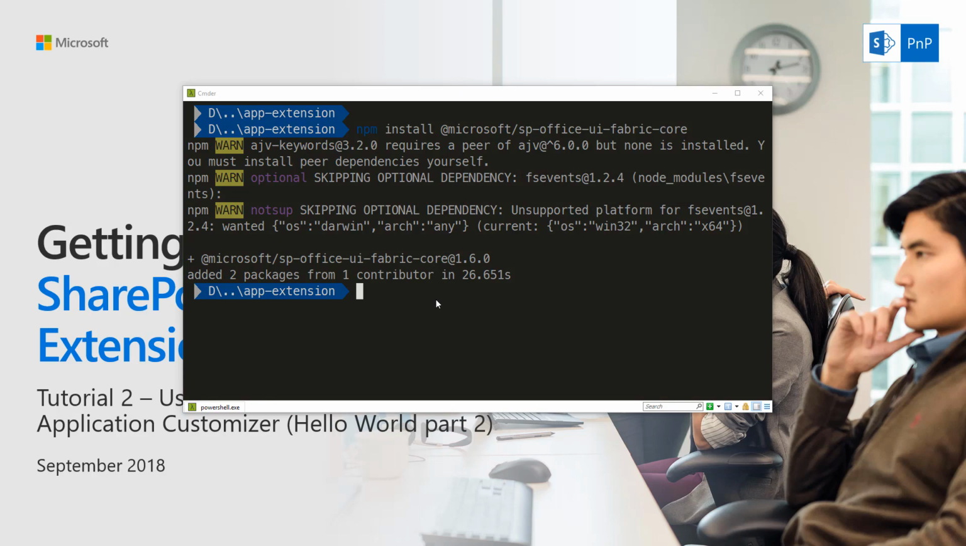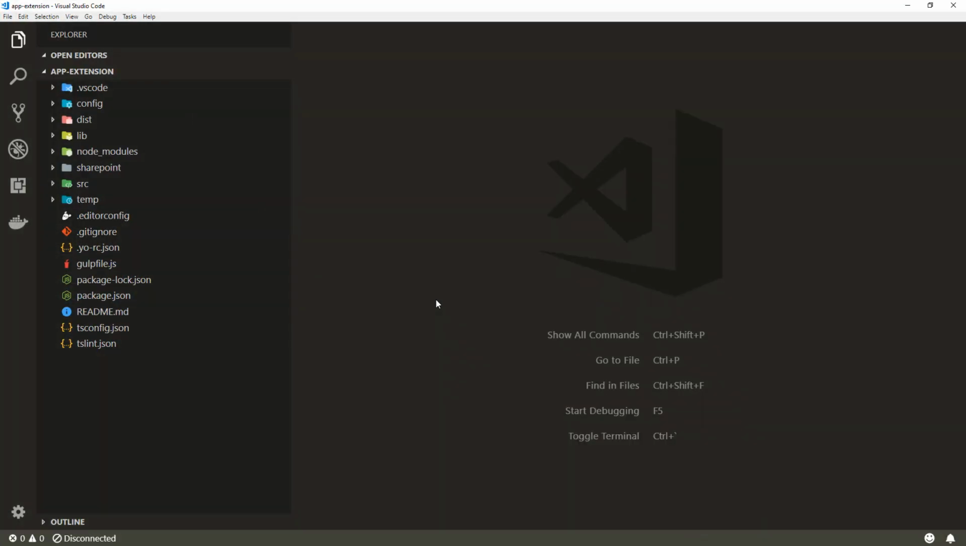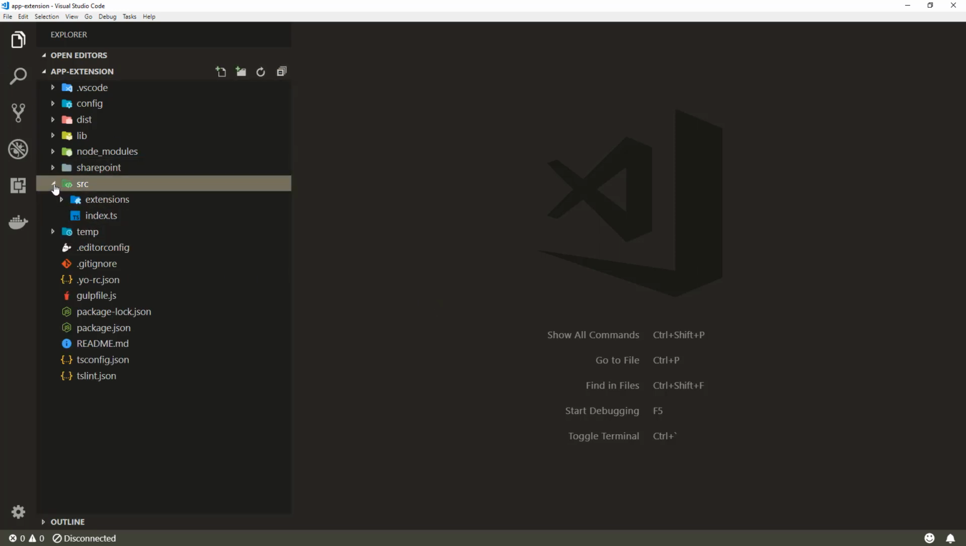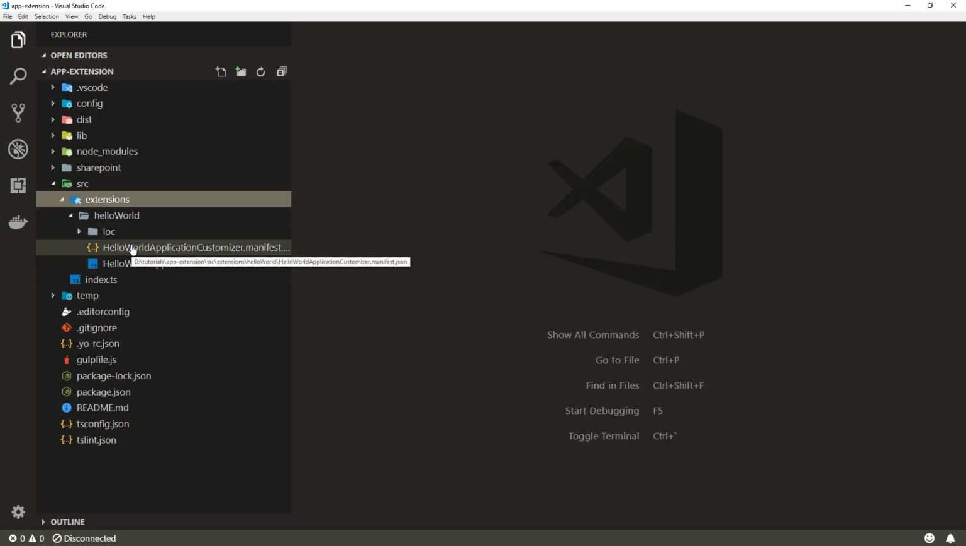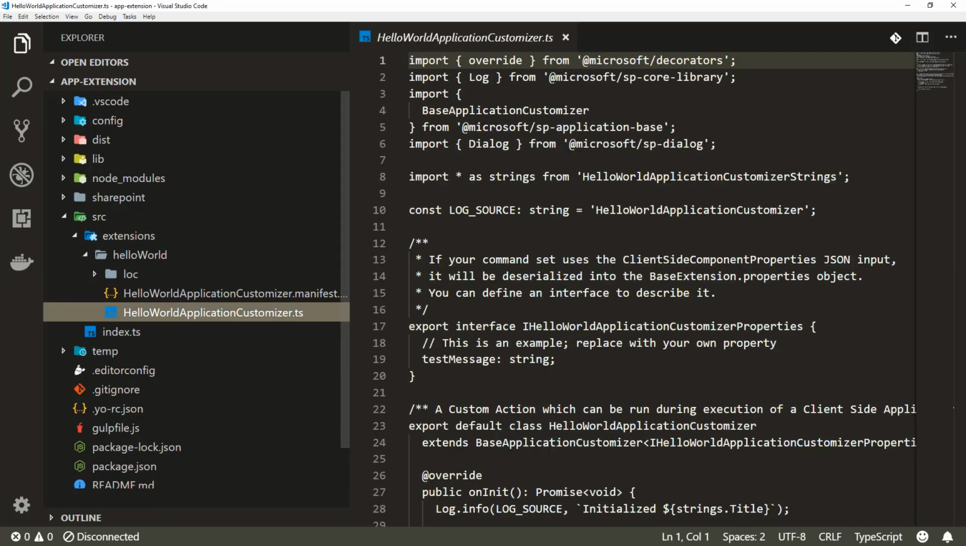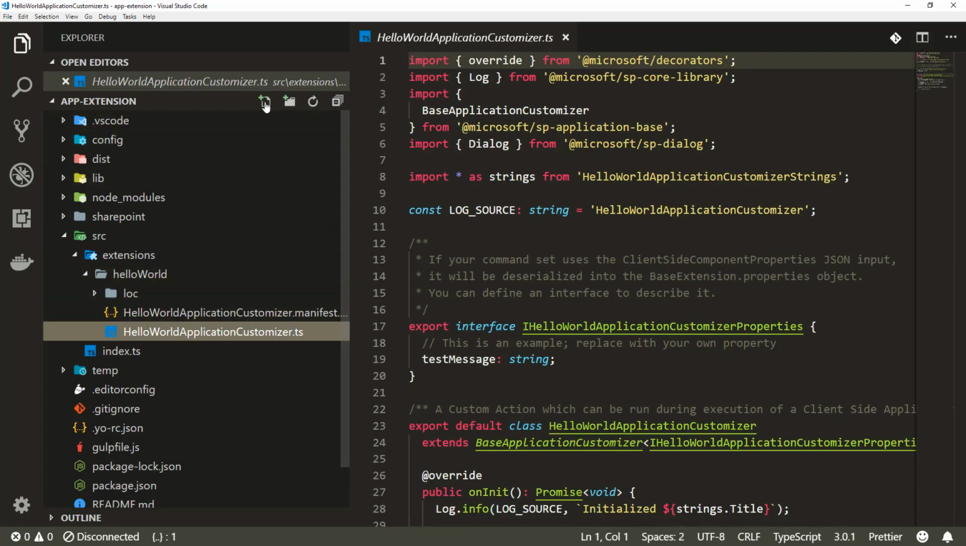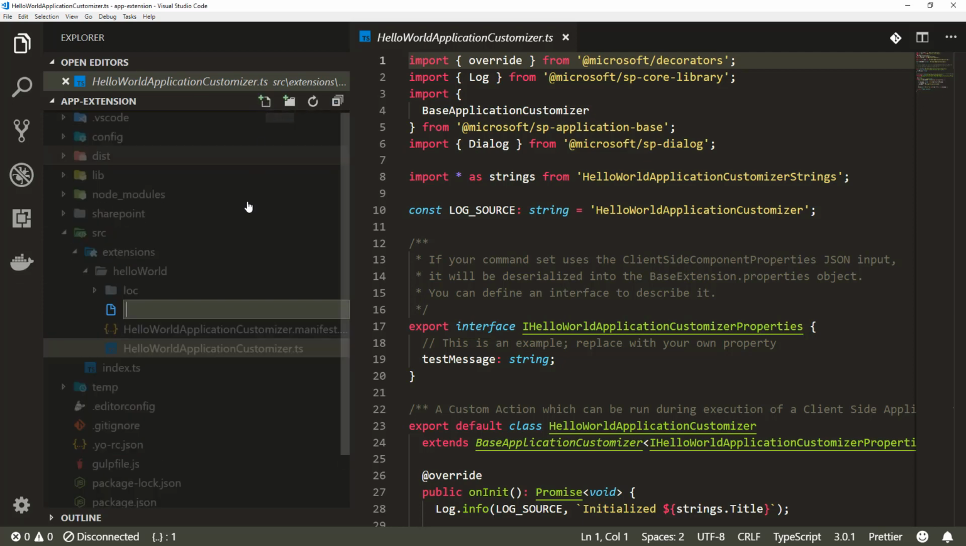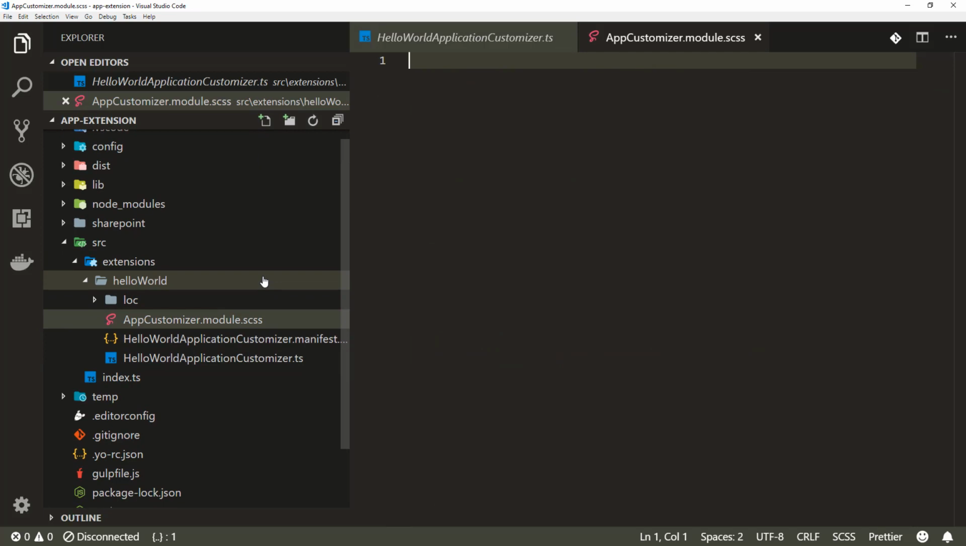So let me open up Visual Studio Code, to be precise. And then we want to extend the placeholder control. Let me slightly zoom in so it is bigger on the screen. In this Hello World folder, we want to create a new file, and the file name would be AppCustomizer.module.css. This is our CSS file providing the styles for the upcoming placeholders,